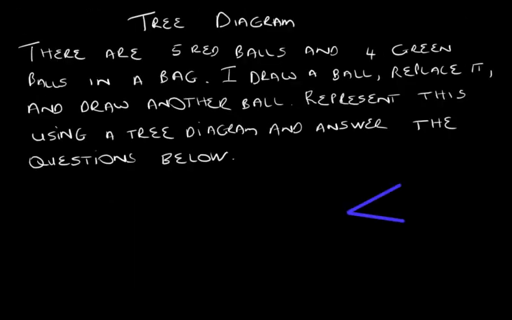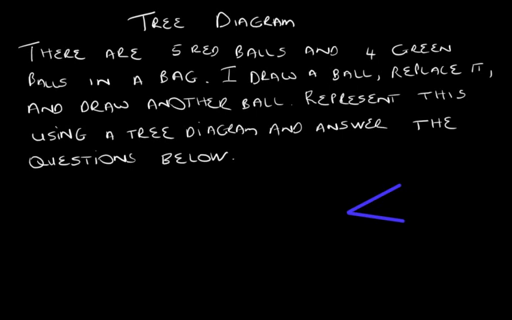Let's look at tree diagrams. There are 5 red balls and 4 green balls in a bag. I draw a ball, replace it, and draw another ball. Represent this information using a tree diagram and answer the questions that follow. Okay, so how do we draw a tree diagram? A tree diagram represents all the options available in the information. So we have 5 red balls and 4 green balls, 2 sets of information, and that's why we start off